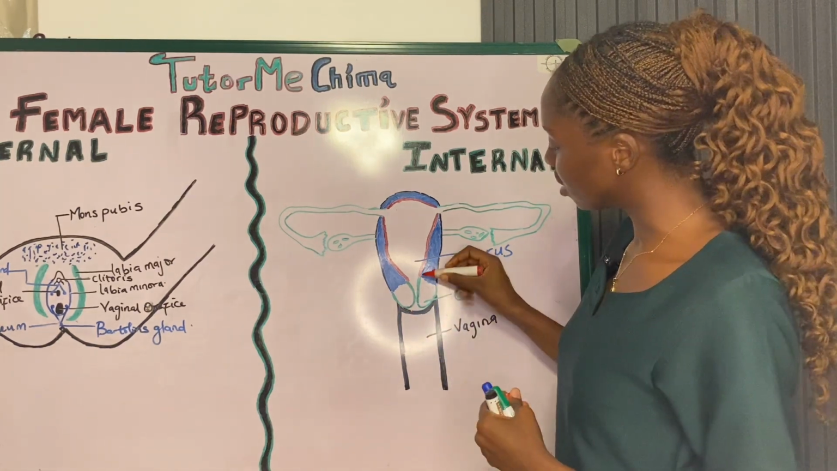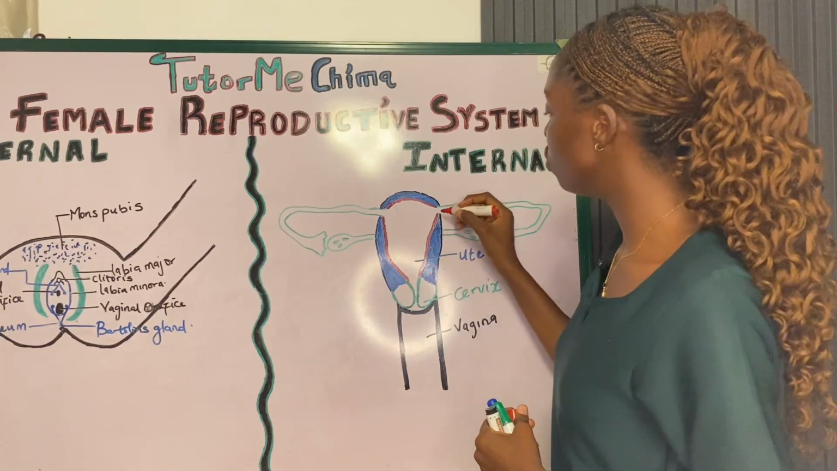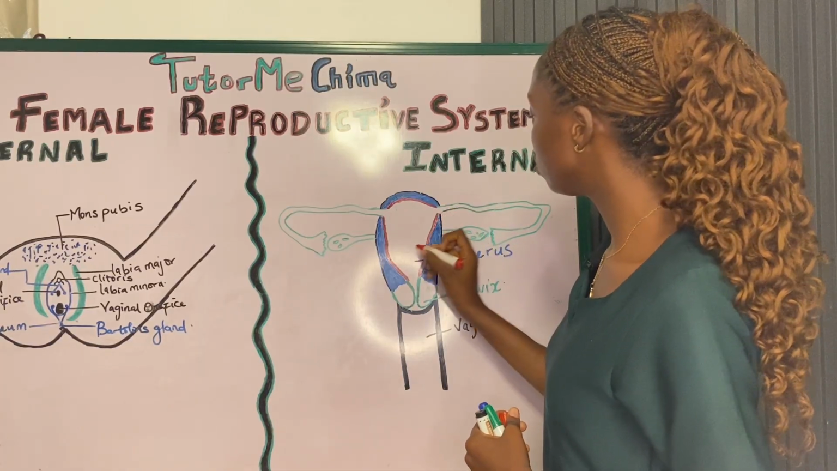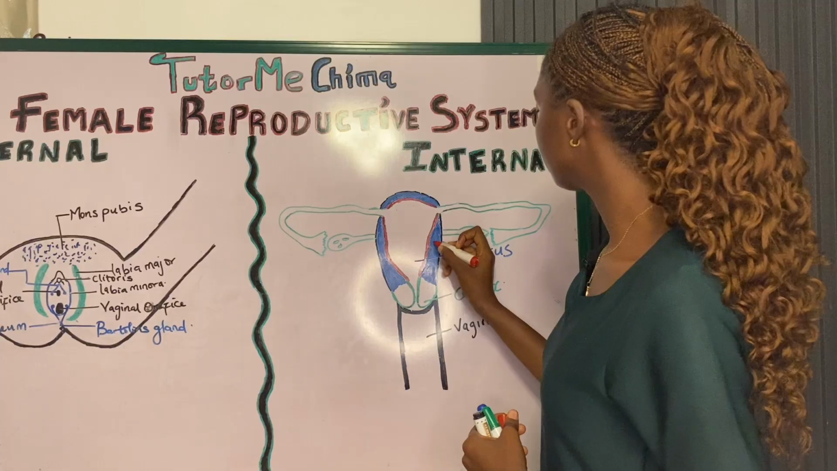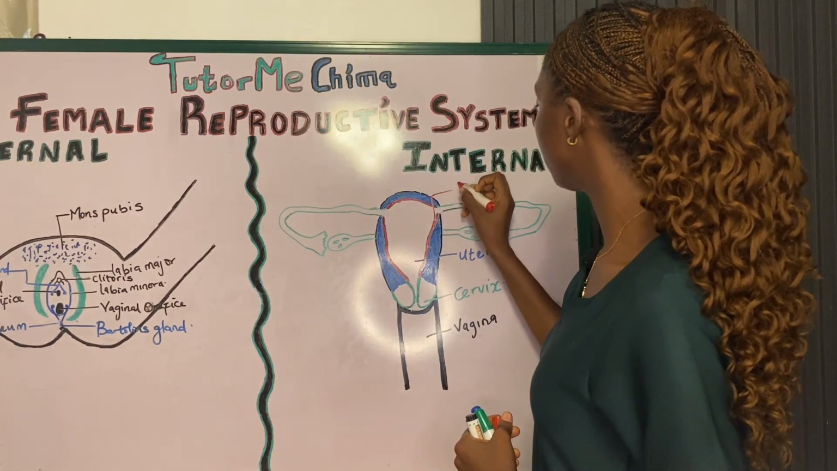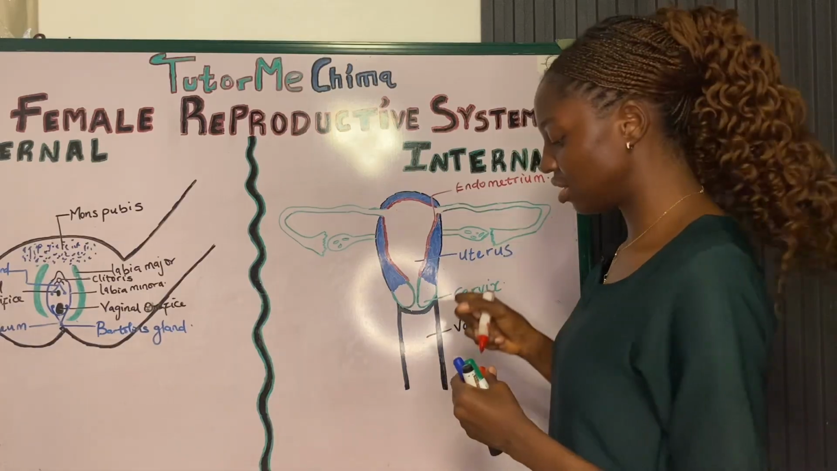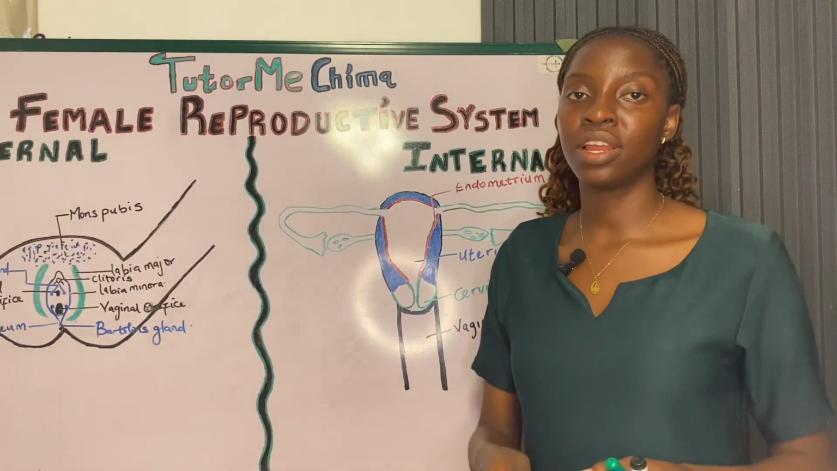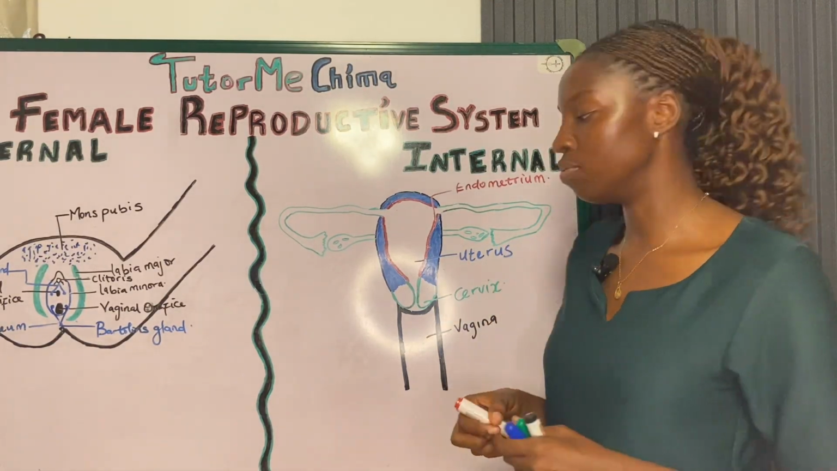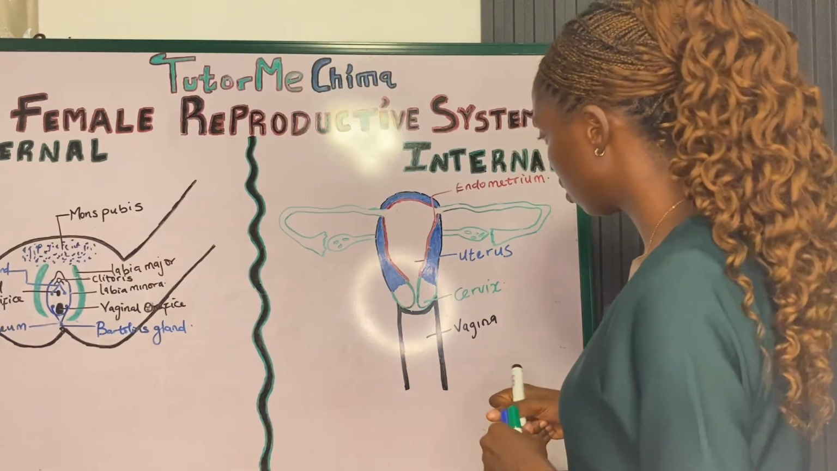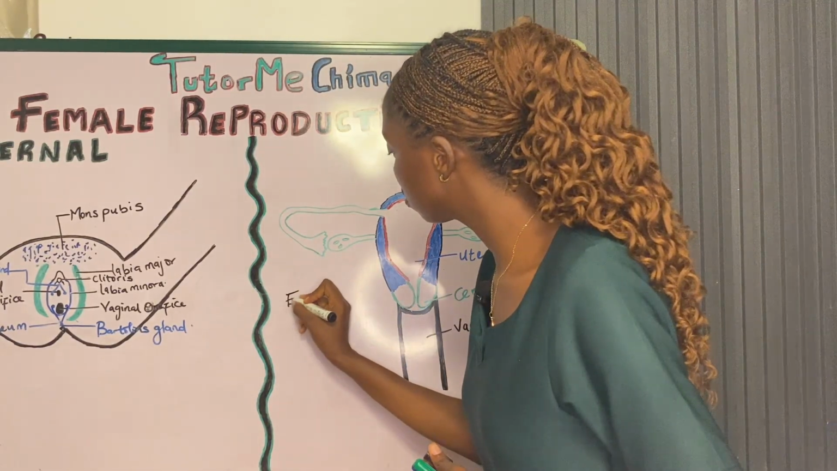This red layer that you can see within, it is called the endometrium. So I'm going to put it here. This red layer you can see here is called the endometrium. And this endometrium is actually divided into 2. There are 2 layers of the endometrium. So I'm going to write it down. The endometrium,